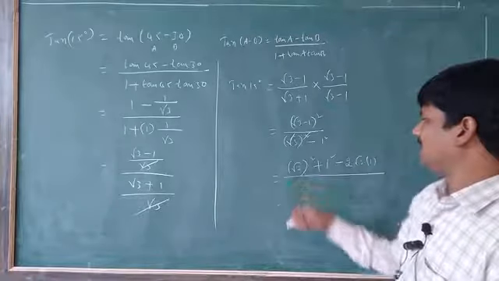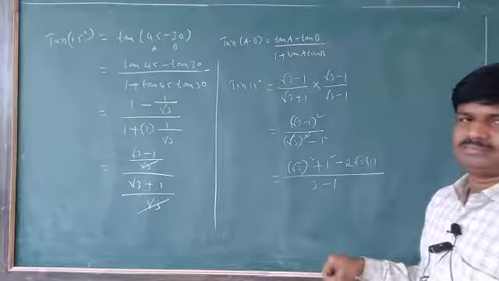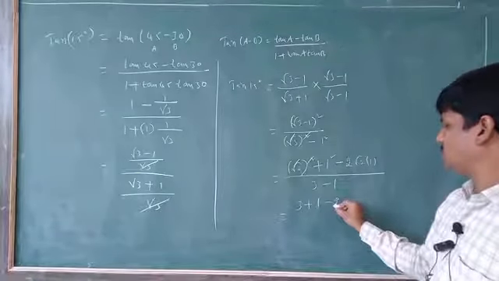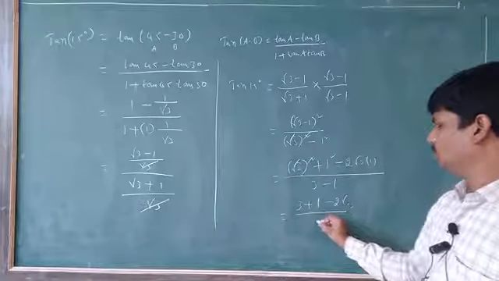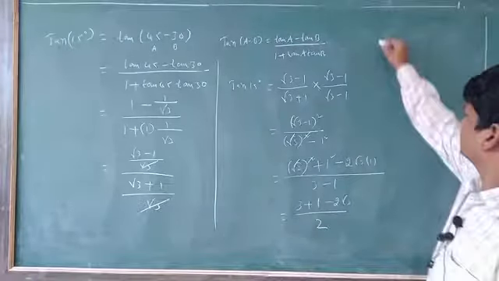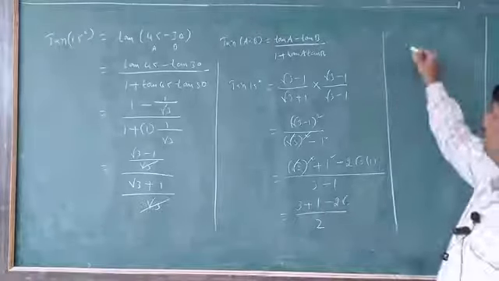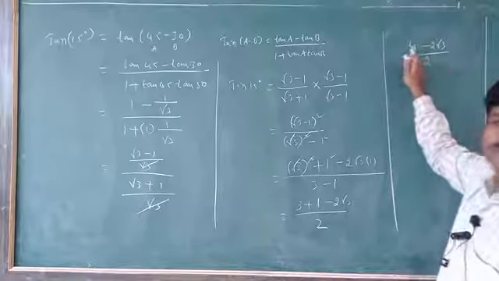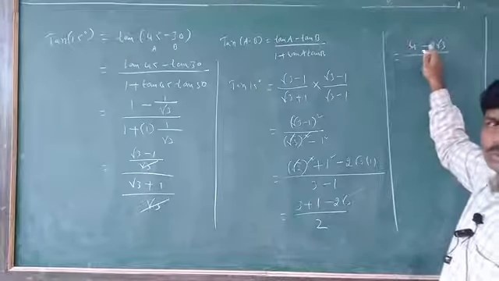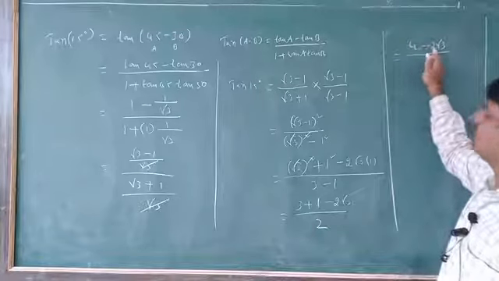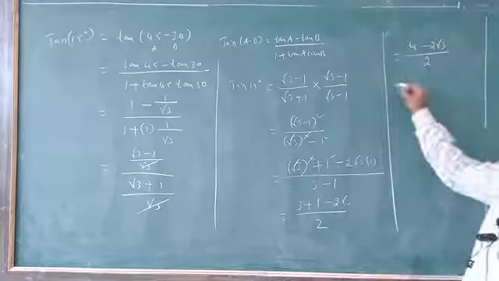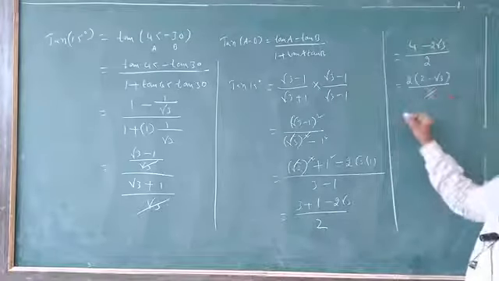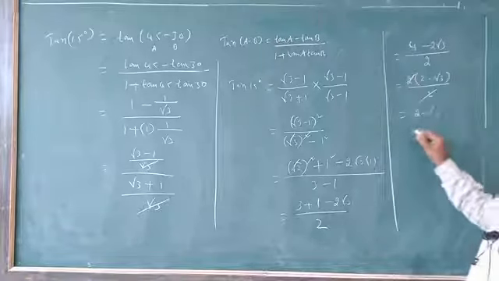Denominator square root getting cancelled, 3 minus 1. Here again the square root getting cancelled, 3 plus 1 square means 1 minus 2 root 3 by 2. Okay? Yes. Next, 3 plus 1, 4 minus 2 root 3 by 2. Here 4 is there, 2 is there. Can you take out common 2 or not? Yes. Take out common 2. Here 2 minus root 3 by 2. 2 getting cancelled. 2 minus root 3. What will I do?